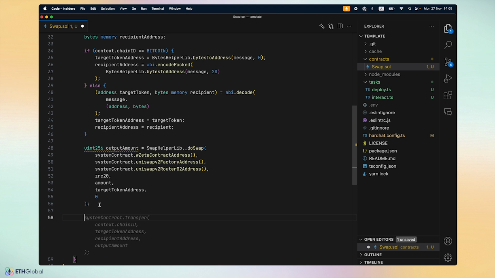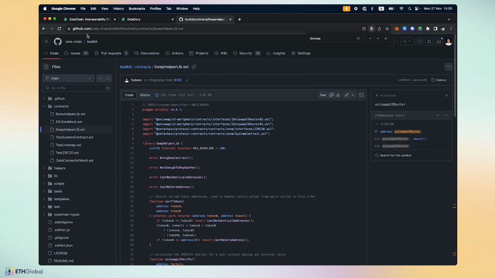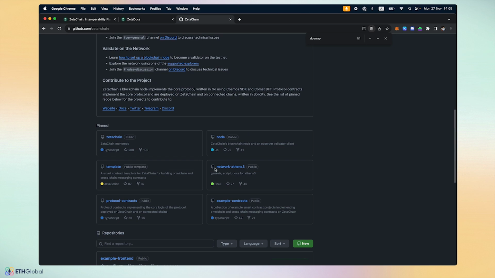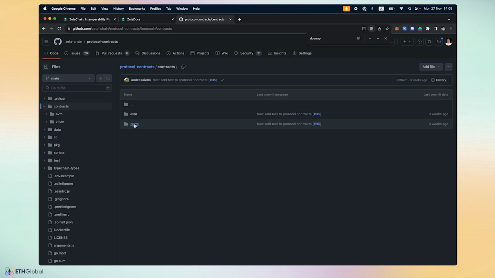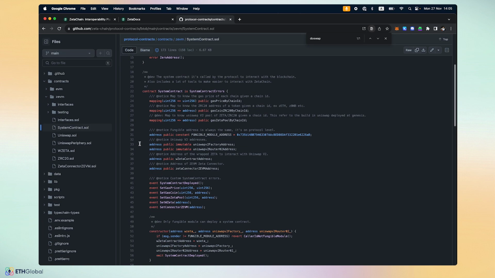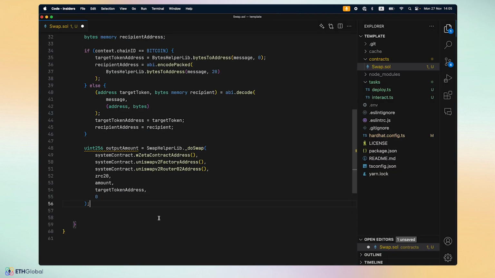Before we proceed, by the way, if you're interested to learn more about system contract, you can find more information in the docs, but also if you go to the protocol contracts repo, you can find the system contract in the ZEVM directory here and learn more about what kind of data it contains and what it can do for you. Okay, going back,